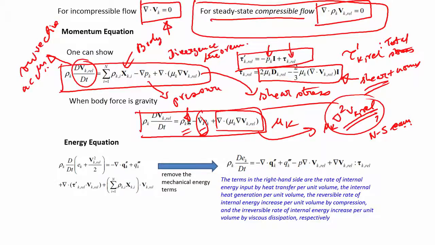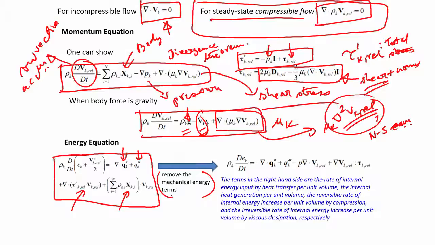Similarly, let us take a look at the energy equation now. The energy equation is something like this. If we apply the similar divergence theorem, once again what terms we have: the corresponding conduction term, the heat generation term, the work done by the body forces and the work done by the shear or the total stress. If you remove the mechanical energy terms from this energy equation, that means you take a velocity dot product with the momentum equation and subtract it out, because we are not interested in the kinetic energy component that much,